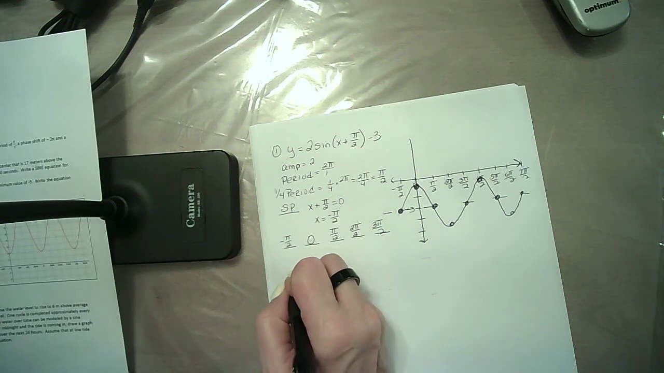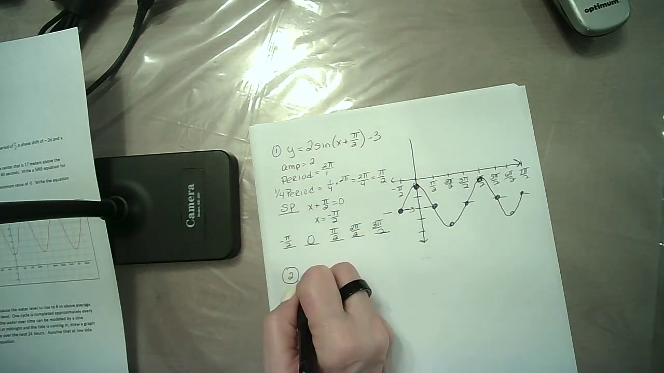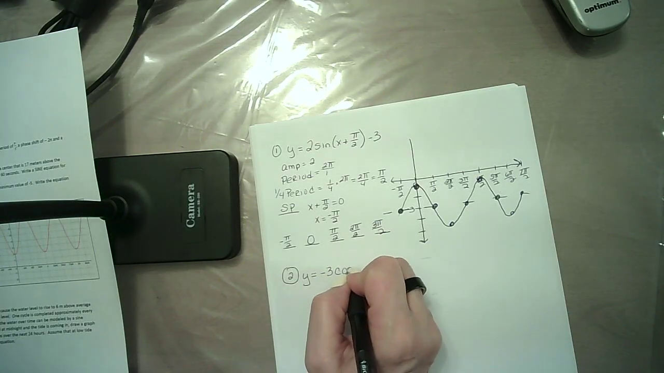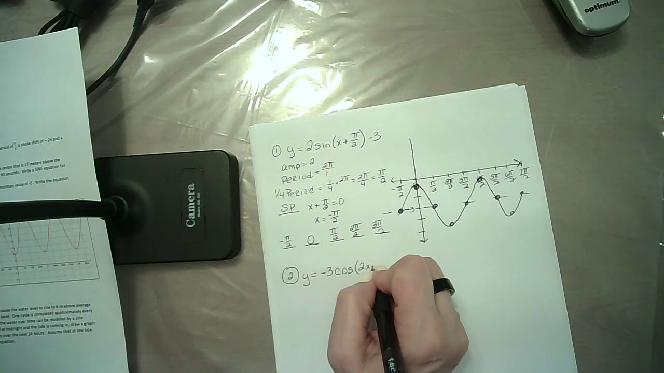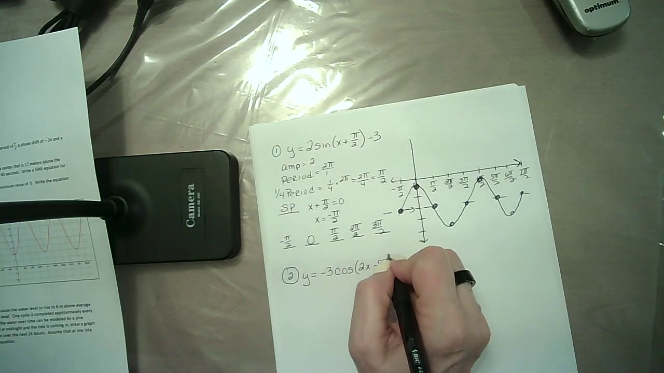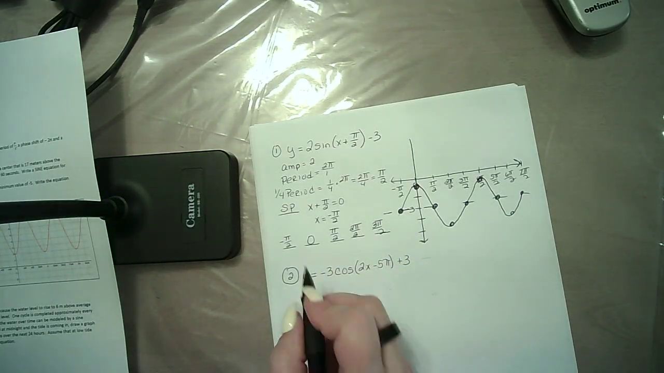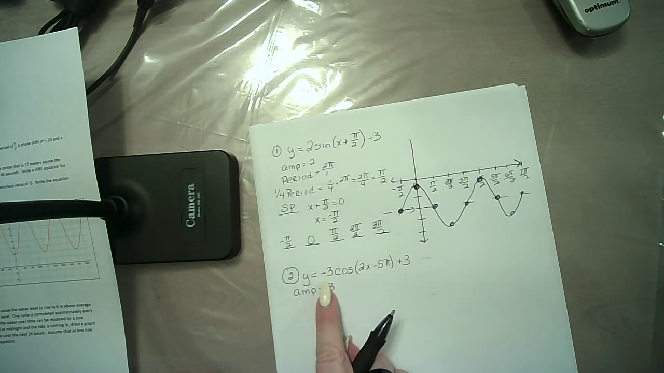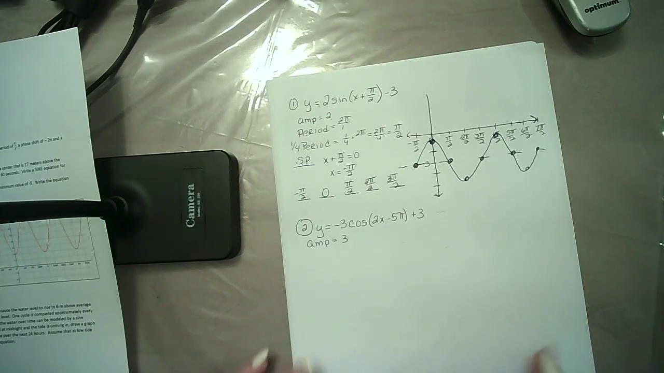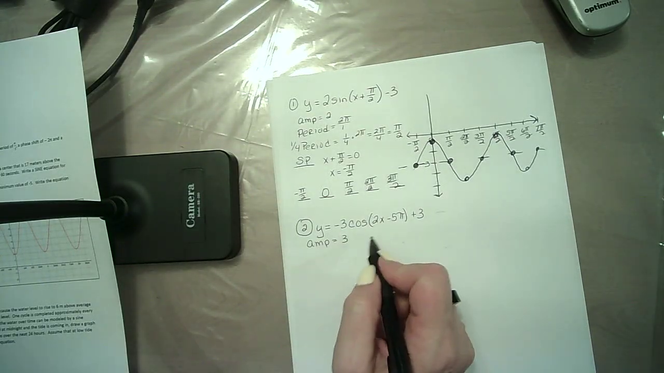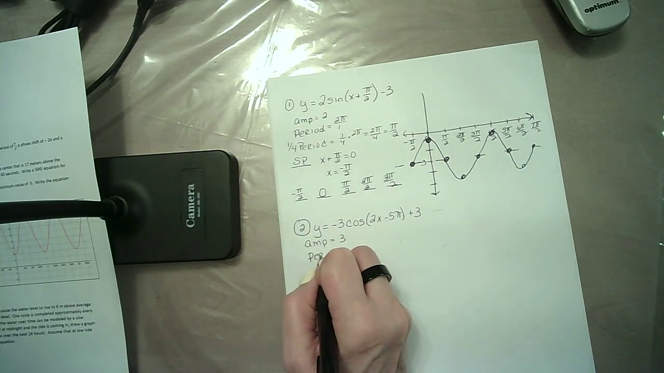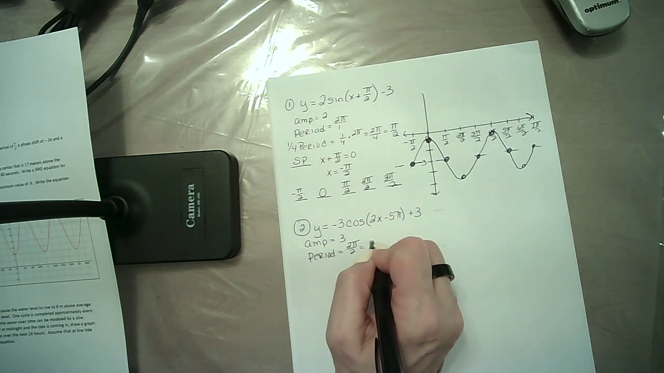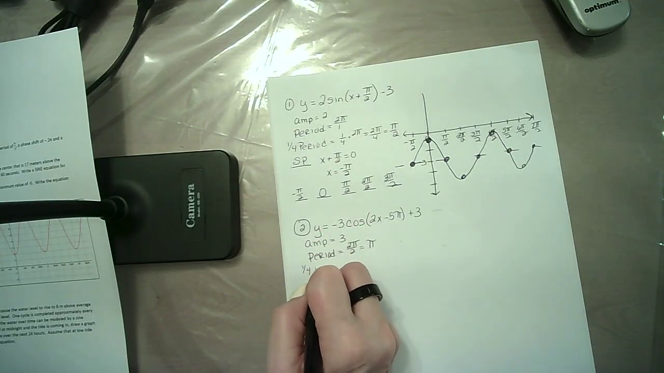The second equation on the review sheet to graph is y equals -3 cosine of 2x minus 5 pi plus 3. Okay. My amp here is 3. Remember, the amp is always the absolute value. All right, that negative just means we're going to go to the negative amp. My period is 2 pi over 2, which is just pi,